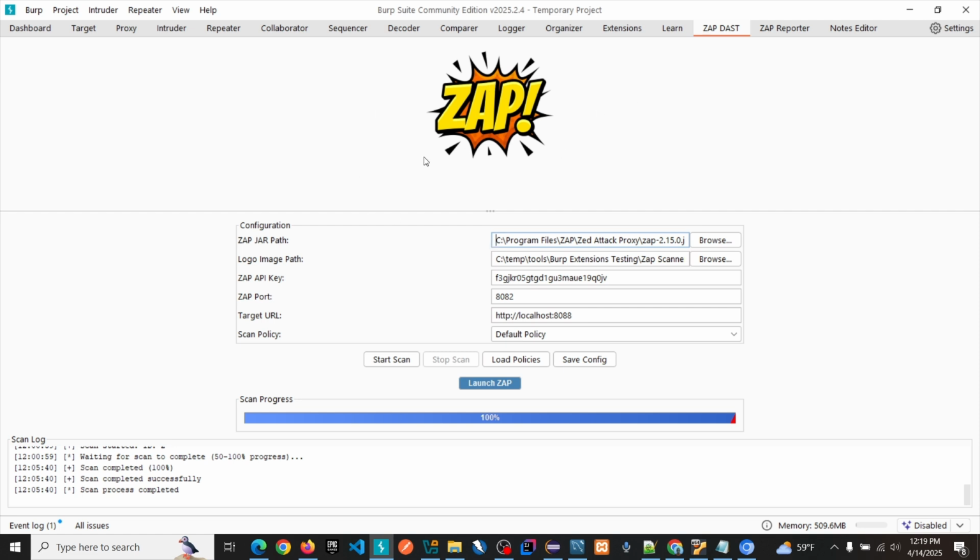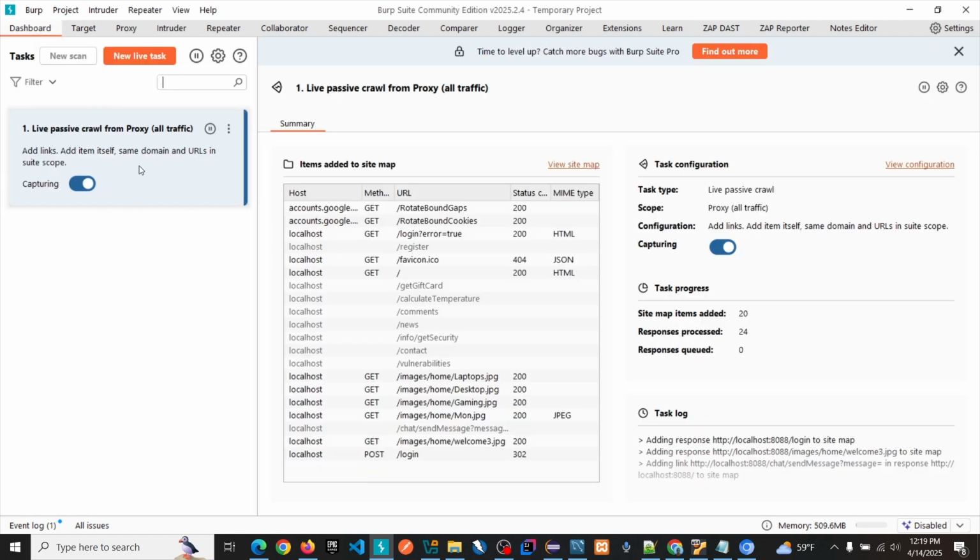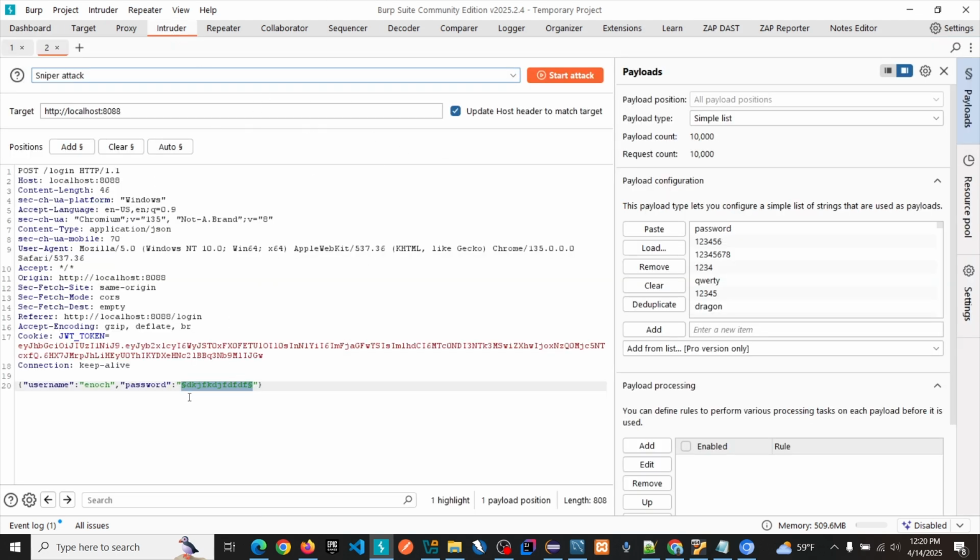One is actually to kick off a scan. The community version doesn't have any scanning features, right? If I go up here, it basically does crawl automatically, but crawl is just going through the different endpoints to create the site tree. It doesn't technically scan. So if you want to scan, in the past, I was using Intruder for that kind of feature. For instance, if I kick this off now,